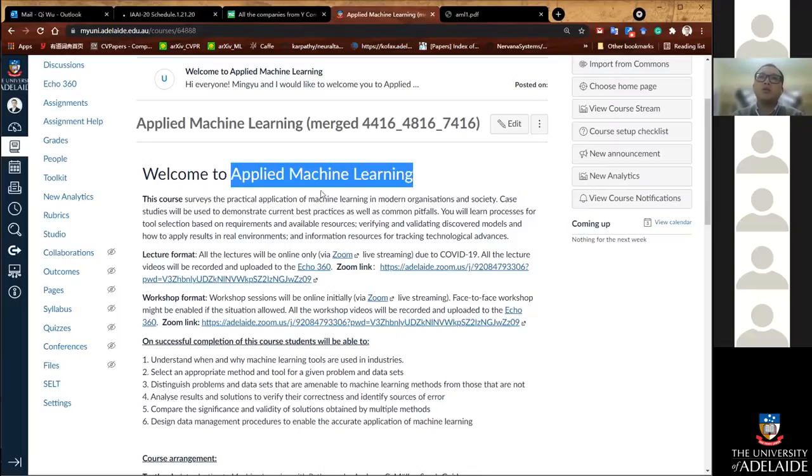So in this course, we want to focus on this word, applied. We want to focus on application. We want to teach you how you can use the machine learning tools and machine learning techniques for real applications. If you are expecting to learn some technical knowledge about machine learning, this is not the right course for you, because this course is designed to teach you how, when and why we should use machine learning in our daily life and